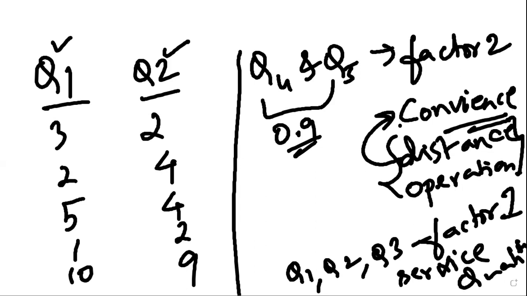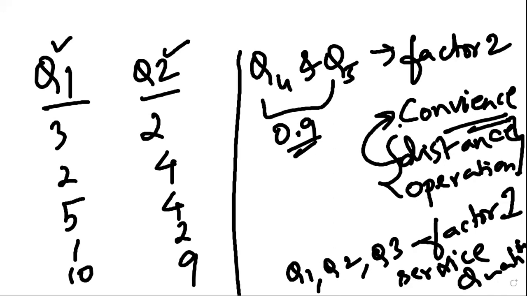Next is adequate sample size. Adequate samples must be collected, right? Based on the total number of variables, if there are 100 variables, an adequate number of responses are collected. Similarly, if there are 1,000 variables, again the number of samples goes on increasing. So an adequate number of samples has to be determined. Also, the data should be metric in nature, that means numerical. Only then can you run a factor analysis.